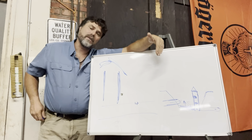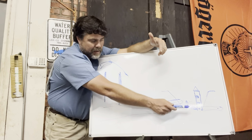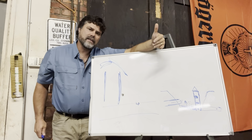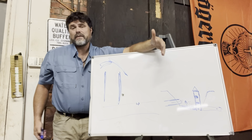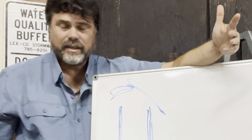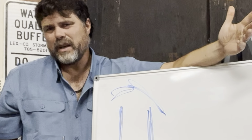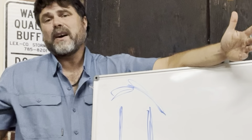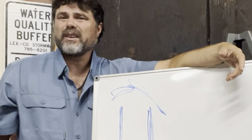Do we have to haul this stuff off site? How hard is it going to get sediment from here to up here? There's a lot of things that we have to look at and take into consideration when we're talking about dredging. But as you can see, especially on larger ponds, it can get very expensive. If you have a neighborhood that has 100 homes in it, and you have to dredge this, and you've had 30 years to plan for it, but you haven't planned for it, and now it's a $50,000 dredging, you know, that's $500 of surprise money